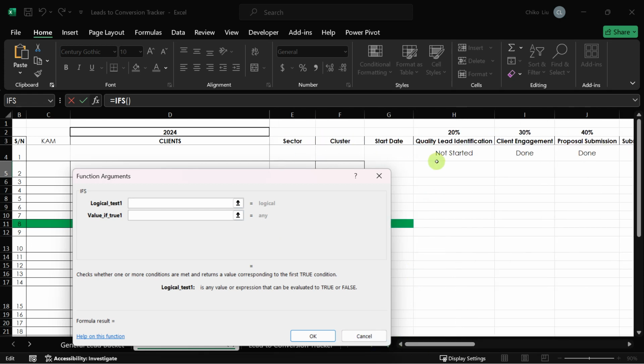If it's going to give me the same thing, if this cell equals "done", then 0.2. Else, if I'll now say AND,